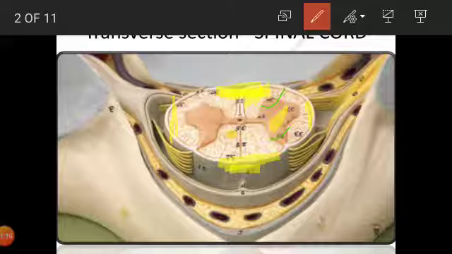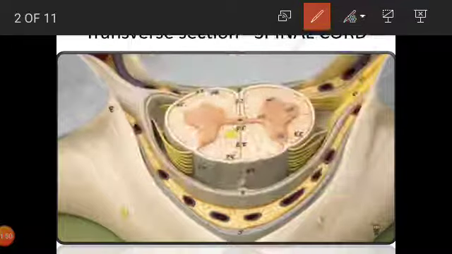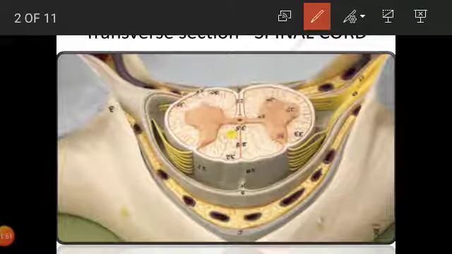Now we can see some of the nerve fibers, which are known as the afferent nerve fibers, because the dorsal gray horn is principally responsible for receiving the afferents from the periphery and sending them to the CNS, whereas the fibers related to the anterior gray horn are known for carrying the efferents from the CNS to the periphery. Now here we can see that this is from inside to outside.